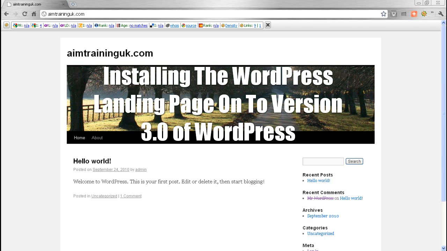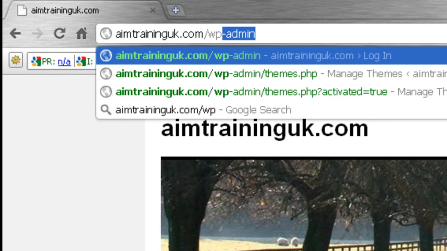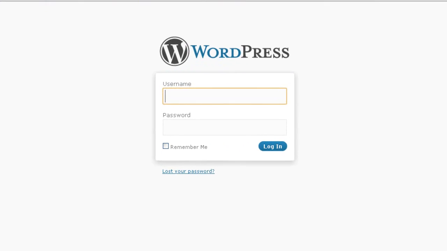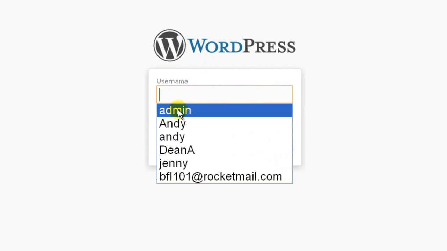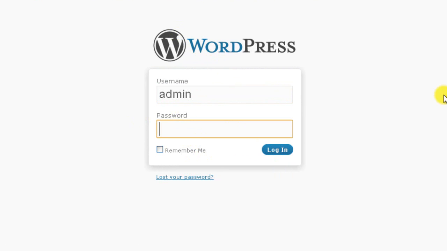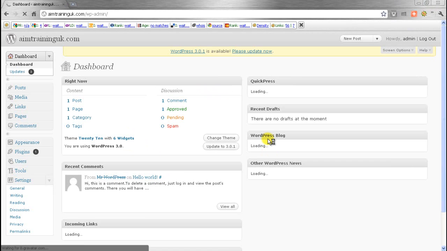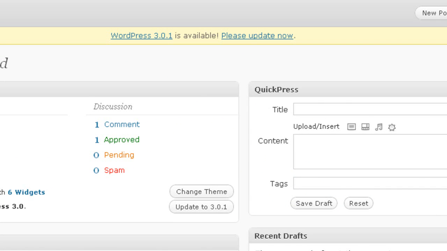So first thing we're going to do is go into the back end. If we put forward slash wp-admin, that will bring us into the back end. We're going to put admin, put the password in, and log in. Okay, now we're in the back end, and as you can see we can go up to version 3.0,